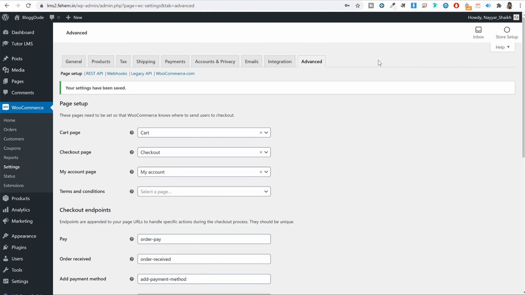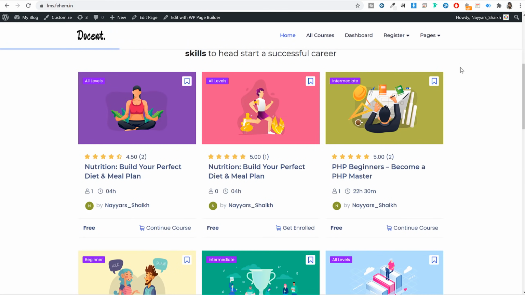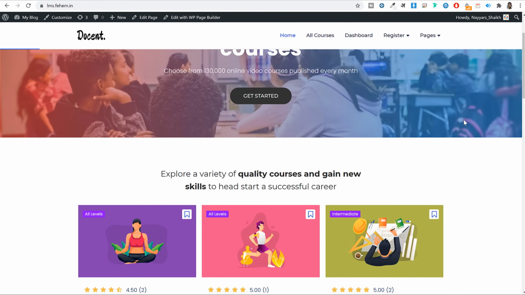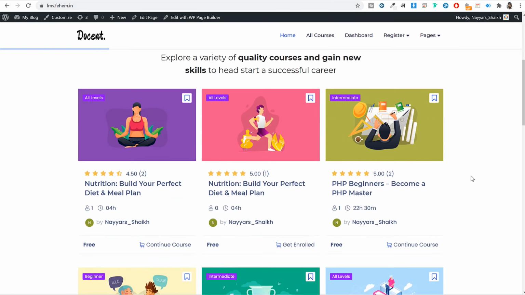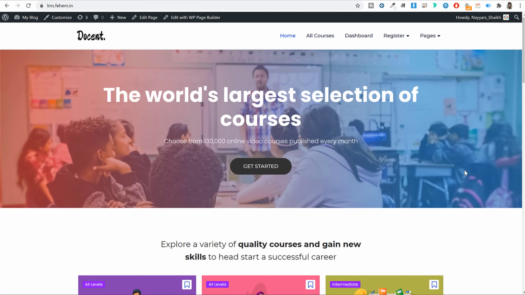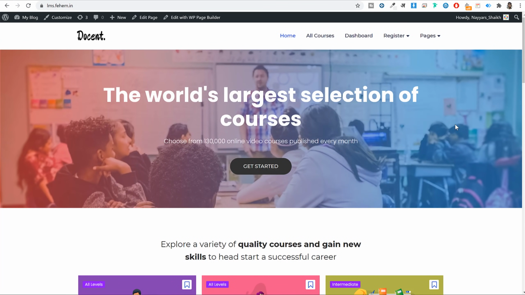For now, let's do one thing. Let's start designing our website, because all the technical part is now 100% cleared. So we have seen how to create different courses, how to add quizzes, lessons, lectures, all those things. So we have seen everything. Now only the designing part is left, like how you can design your home page, how you can design different pages, and how you can create different menus and different footer options. So let's see how that is done.